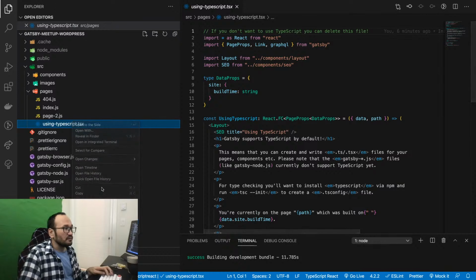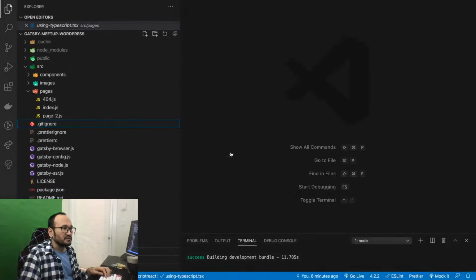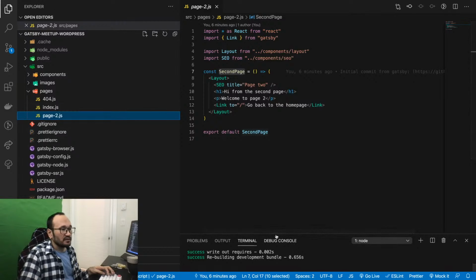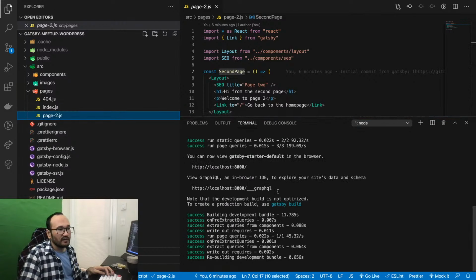Let me remove this one using TypeScript. We don't use TypeScript today. So we go there, and let me run this project. When I run yarn develop, it gives me 2 URLs to access. One of them is our website, which is at localhost:8000. So if I open it here,